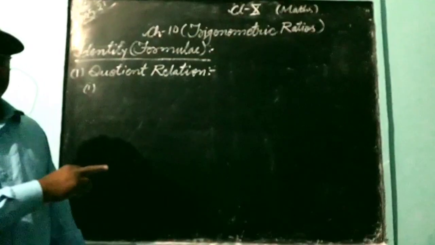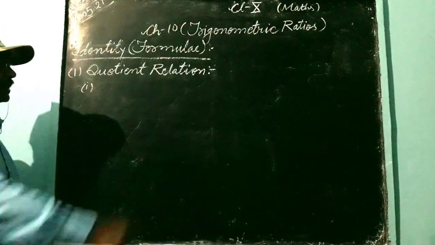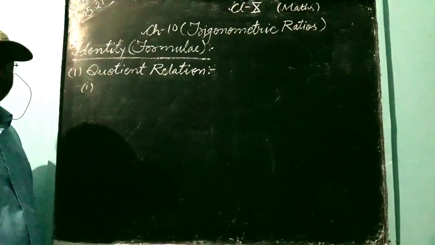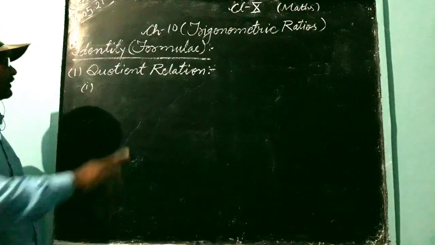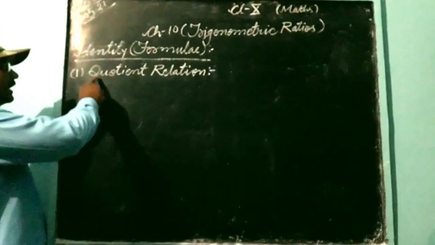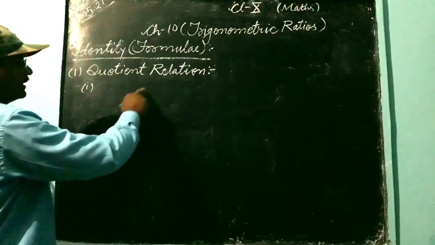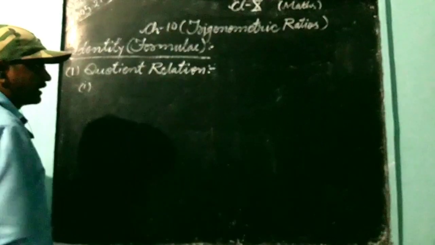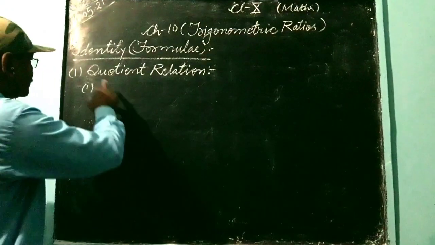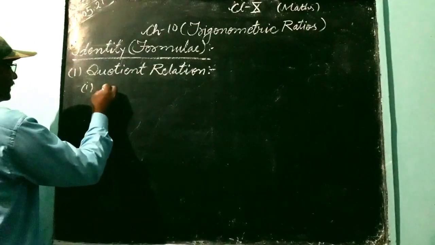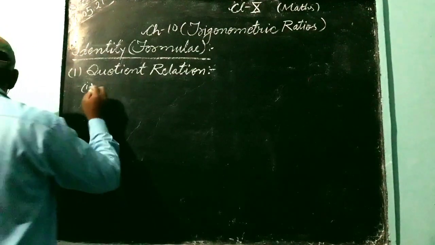Yesterday I explained the reciprocal formula and some identities. But today I will explain the quotient relation and the square relation, and then I will start the exercise. Okay? So today, the quotient relation, given here: tan